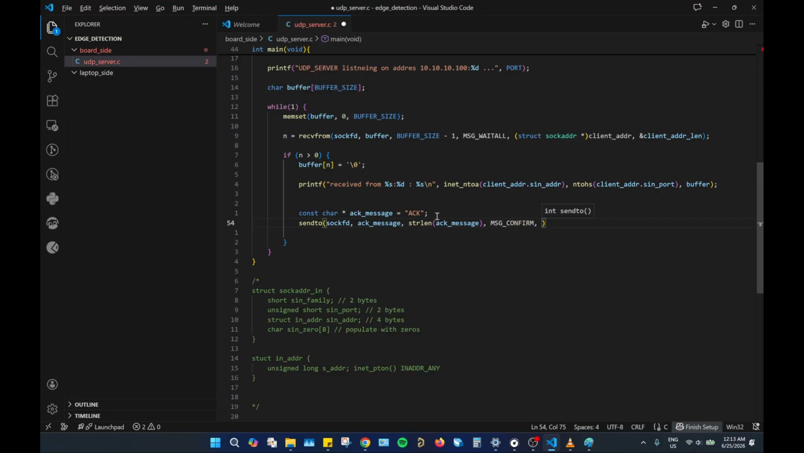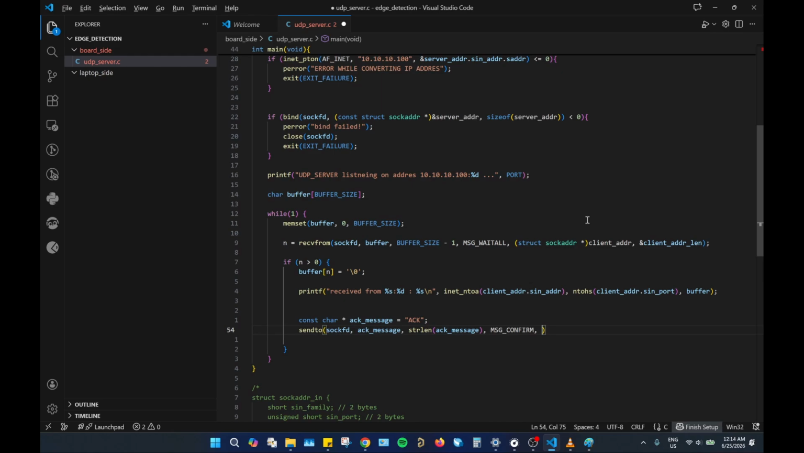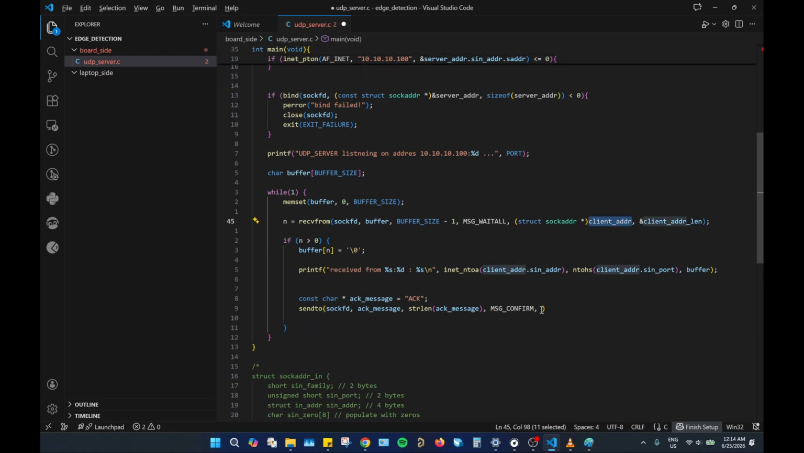And now, where to send it, right? In the sendto, we have specified the socket. And since this is UDP, the socket has no information about the destination, so we have to provide that. So remember the client address struct that stores the laptop's port and IP address. We'll use that. So for that,